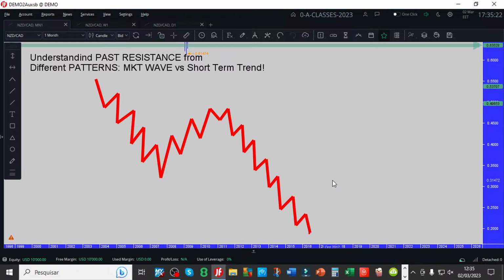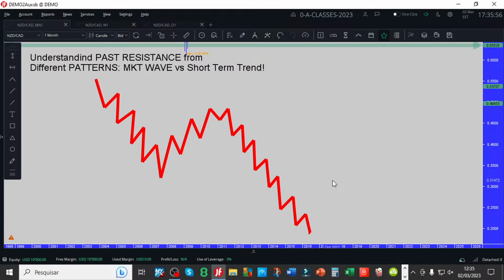This could be the short-term trend on the daily chart. This could be the short-term trend on the weekly chart. This could be the short-term trend on the 4-hour chart. Well, if you don't agree with me, it's a different story, right? I don't agree with you? Fine with me. My life is not going to change. But if you can understand this, what if that is a monthly chart? What do you think?